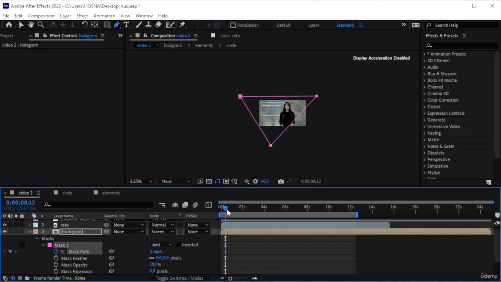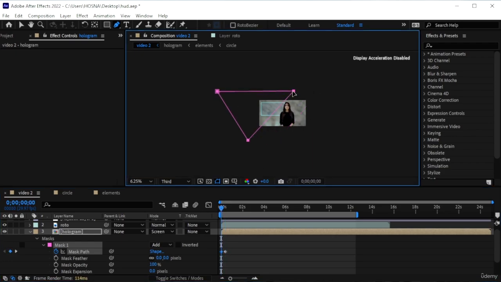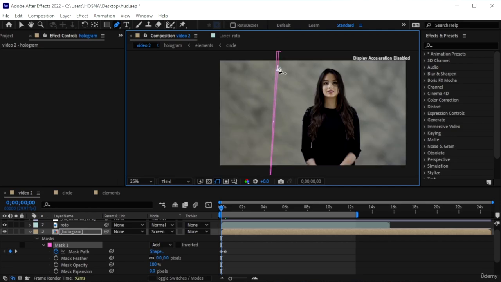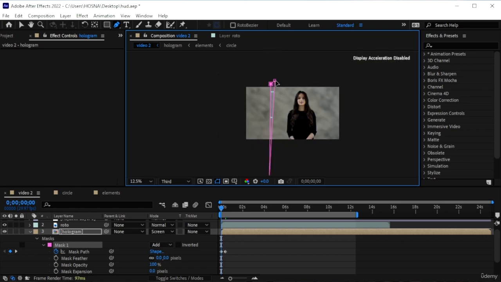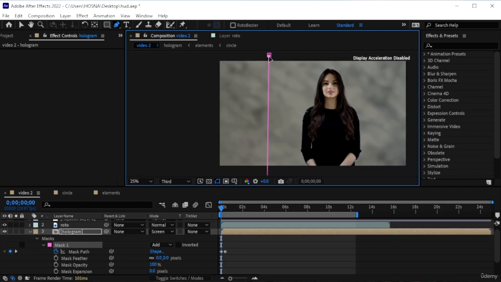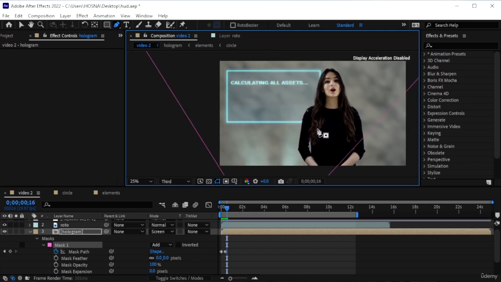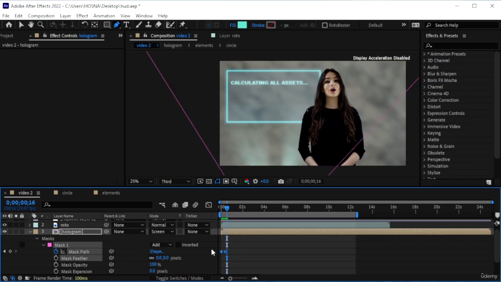Then we're a few frames forward. Turn on the stopwatch. Go in the beginning and just close this. Click anywhere random. Just bring the line like that, so we have a straight line without the hologram in sight. Zoom in to make sure we're not getting any sneak peeks. And essentially we have this. So the hologram appears. Hit F9